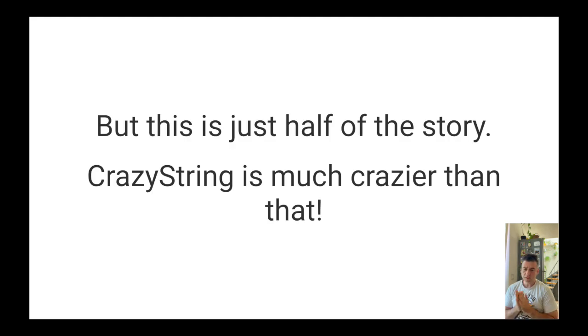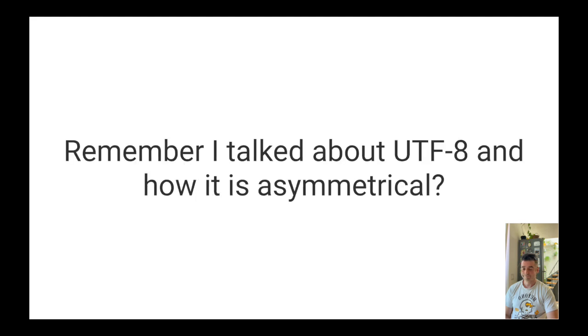Okay, but this is just half of the story. CrazyString is much crazier than that. Oh my god. Okay, what else is there in this data structure? Remember I talked about UTF-8 and how it is asymmetrical, meaning that dependent on the code point value, it will occupy either 1 byte, 2 bytes, 3 bytes, or 4 bytes. So basically it's asymmetrical,